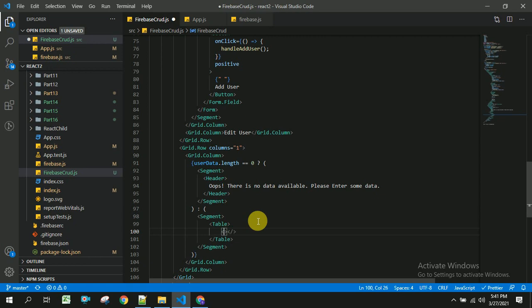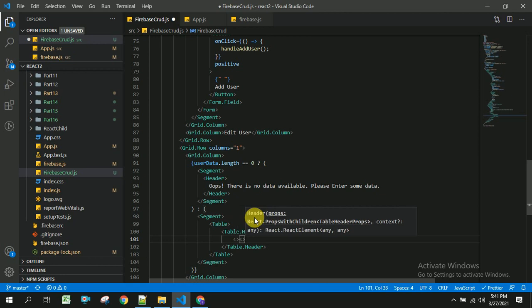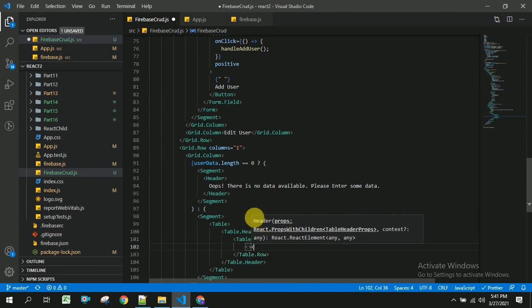For the header, we have to take table dot header. In this table, we have to use header table dot row, and in this row we will be having table dot header cell.